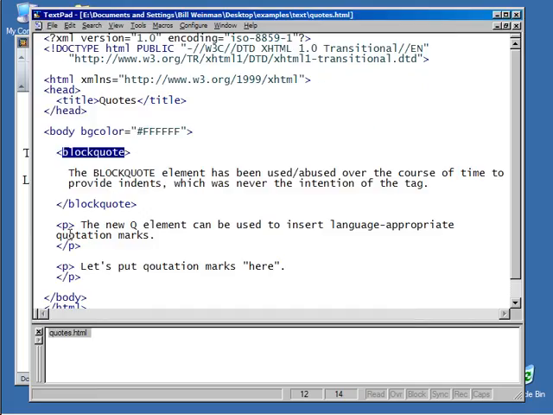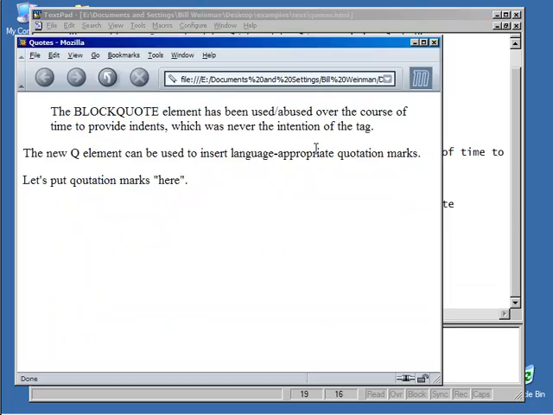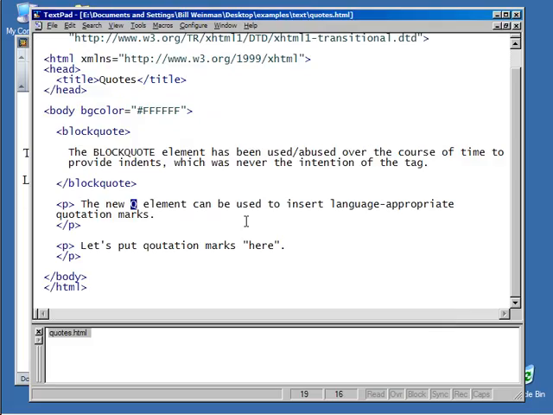In a related subject, there's the Q element, which is new as of HTML4 and is also part of XHTML1, which can be used to insert what they call language-appropriate quotation marks. As an example, we'll use this piece of text here, and here it has regular quotation marks just typed in. I say regular because I'm an American, and those are regular quotation marks to me, whereas if you were English, they might be the single quote variety. And so they've designed the Q element, which I'll insert here,